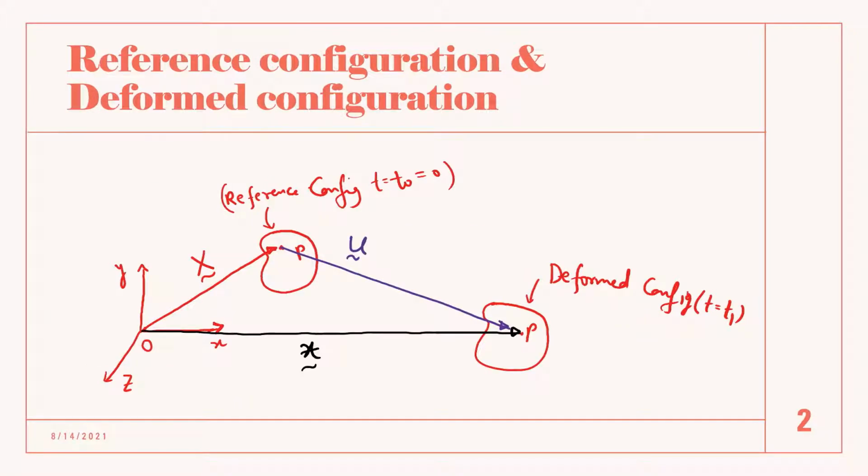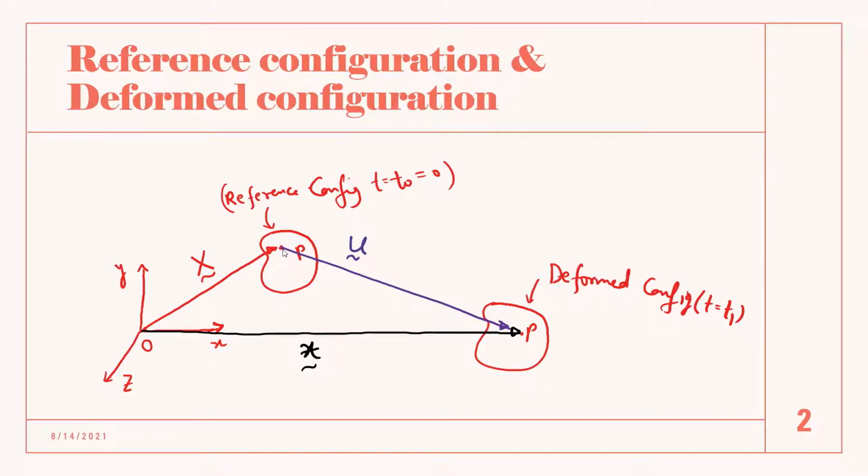So first of all, to understand the displacements, we have to know about the reference configuration and the deformed configuration. So let's understand it. For that we have to take any reference axis. Here we have considered x, y and z. This is the reference axis, and with respect to that, we are having a body here.